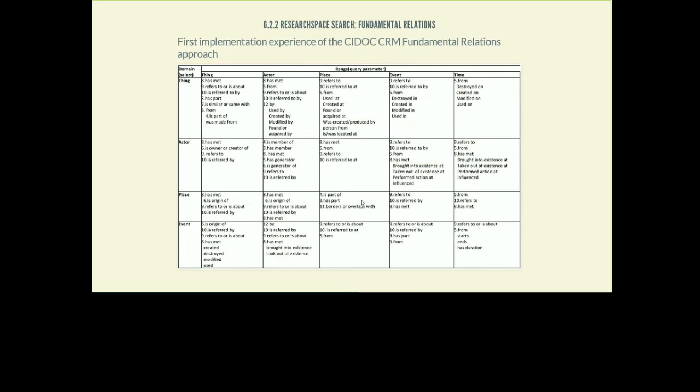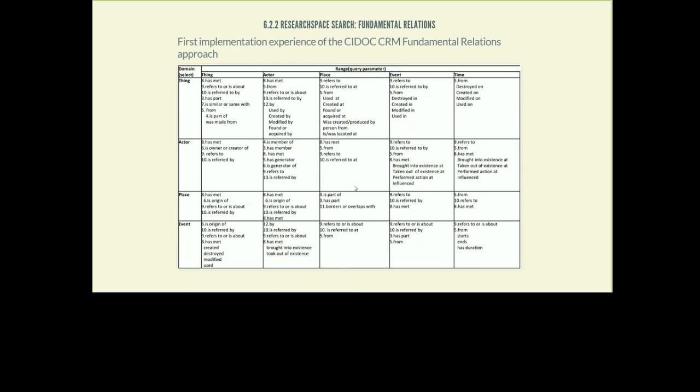How is this search implemented? Well, it uses an idea by one of the main creators of the CIDOC CRM, Martin Doerr, called fundamental relations. The idea is that if you want to look at these four types of things, what, who, where, and when, and you make a matrix and analyze all of the different relations that could exist between these, then you have this whole bunch of relations.